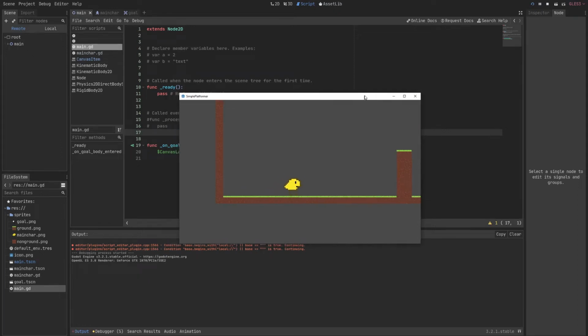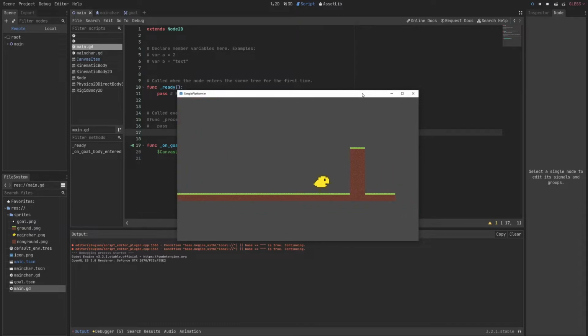Hello and welcome to this video about platformer in Godot. I know there are many other videos on platformers in Godot around the internet already. I'm going to make my own as a basis of many other things that are coming in the near future. In this video, what we are going to implement is a tile system, which is basically a way to develop